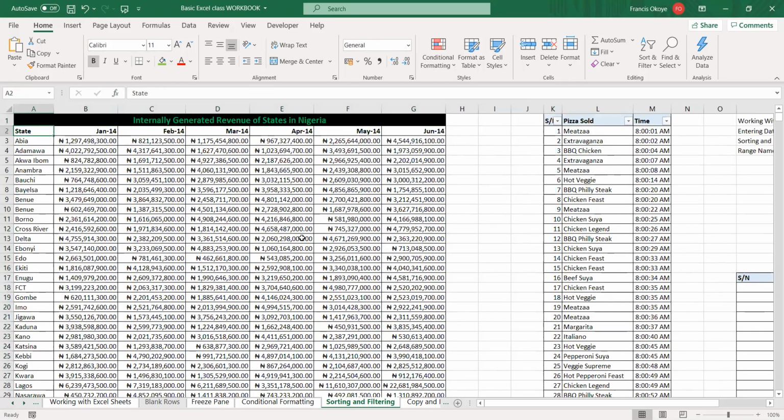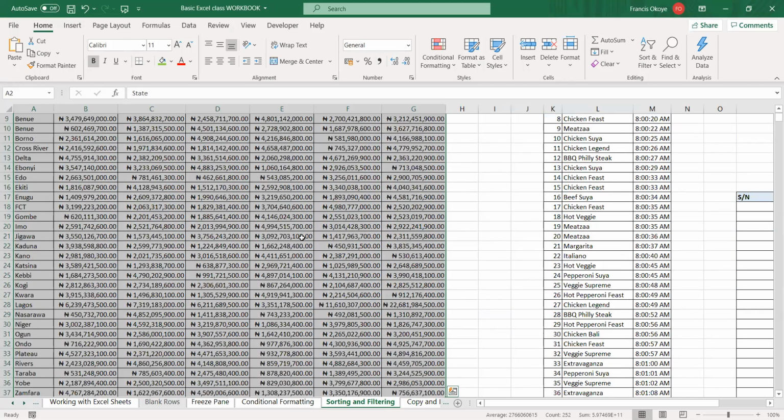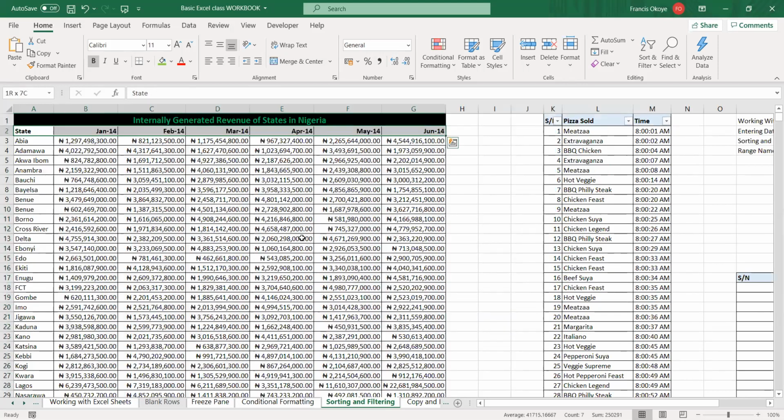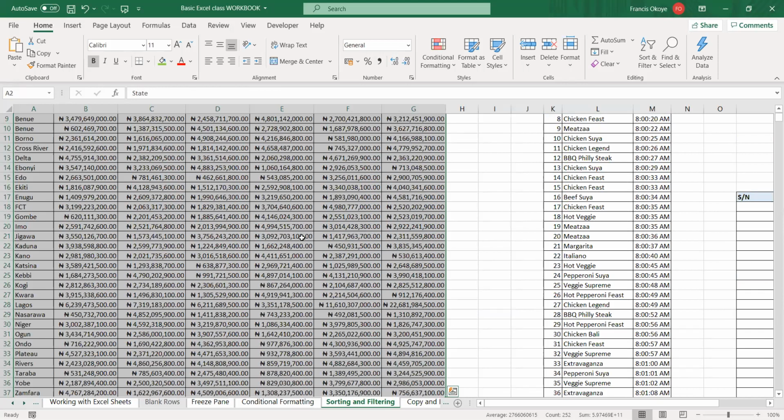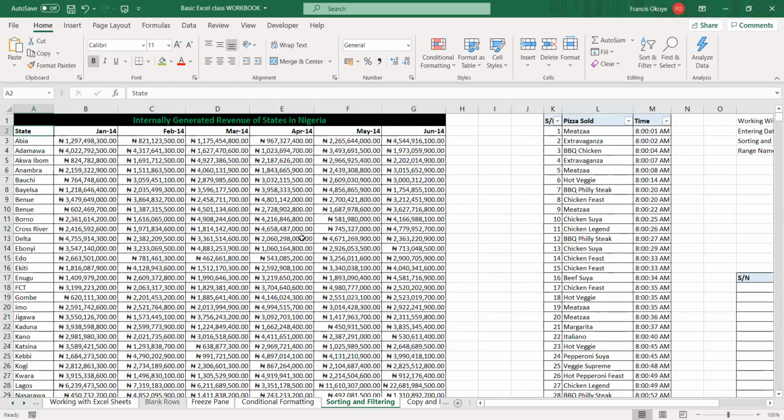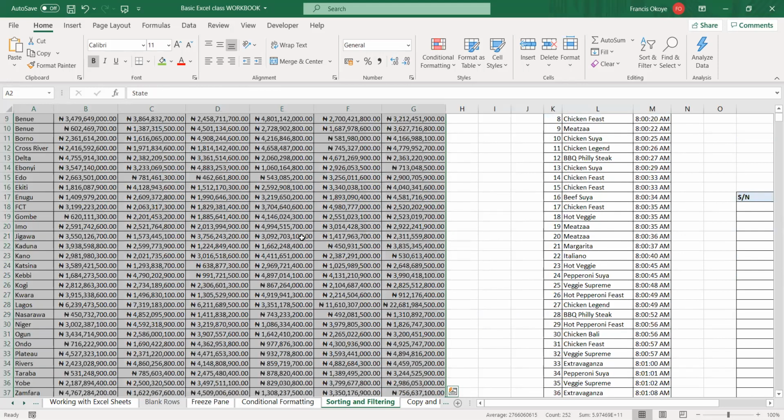How do you highlight data? What is the shortcut to highlight your data? Control Shift right arrow, down arrow. That is why whenever you have missing data or blank rows, you observe that it's going to cut, so you need to keep pressing it down. But if there are no empty rows or empty columns, once you press Control Shift right arrow, down arrow, it selects everything at once. So if I want to sort my data, I can come to sort and filter,